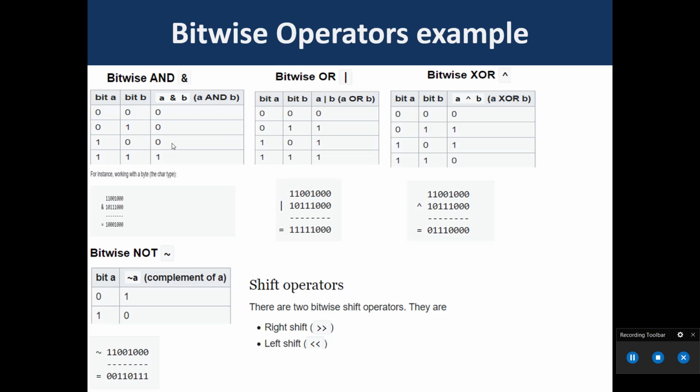For example, bit A 11001000, bit B 10111000, then the result is 11111000. Then bitwise XOR. This is the table for bitwise XOR. Bit A 0011, bit B 0101, then the result of A XOR B